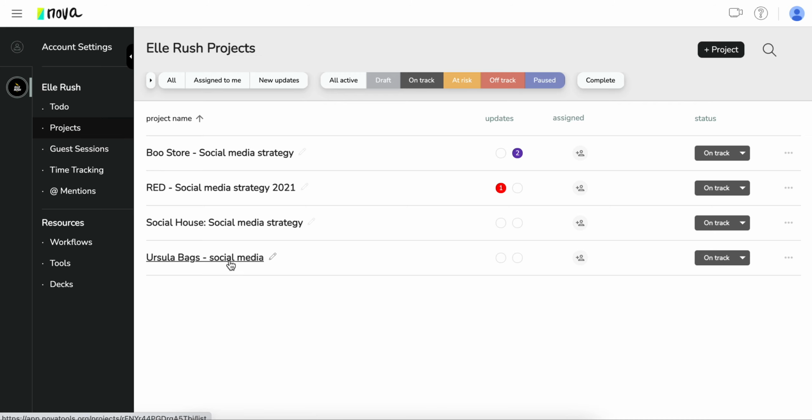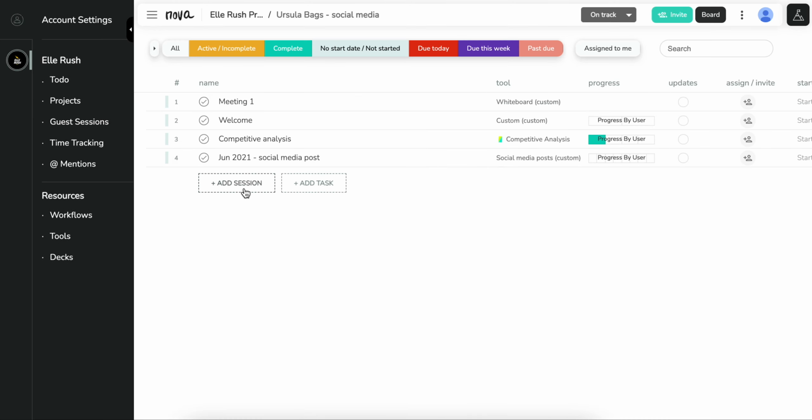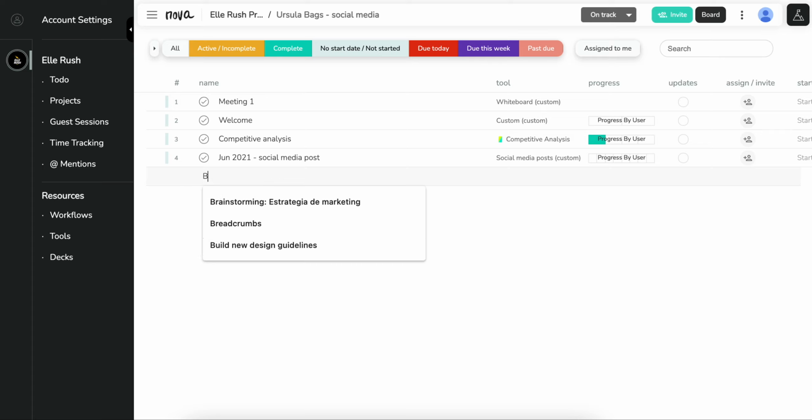So when I go here and I add a session, let's say I want to gather information about their branding and their mission statement and their values, and I'm just gonna ask them a few questions about it, and I want the whole team to participate in this session, so I get a sense of how they work and if the team is aligned and how they think. So I'm gonna call it